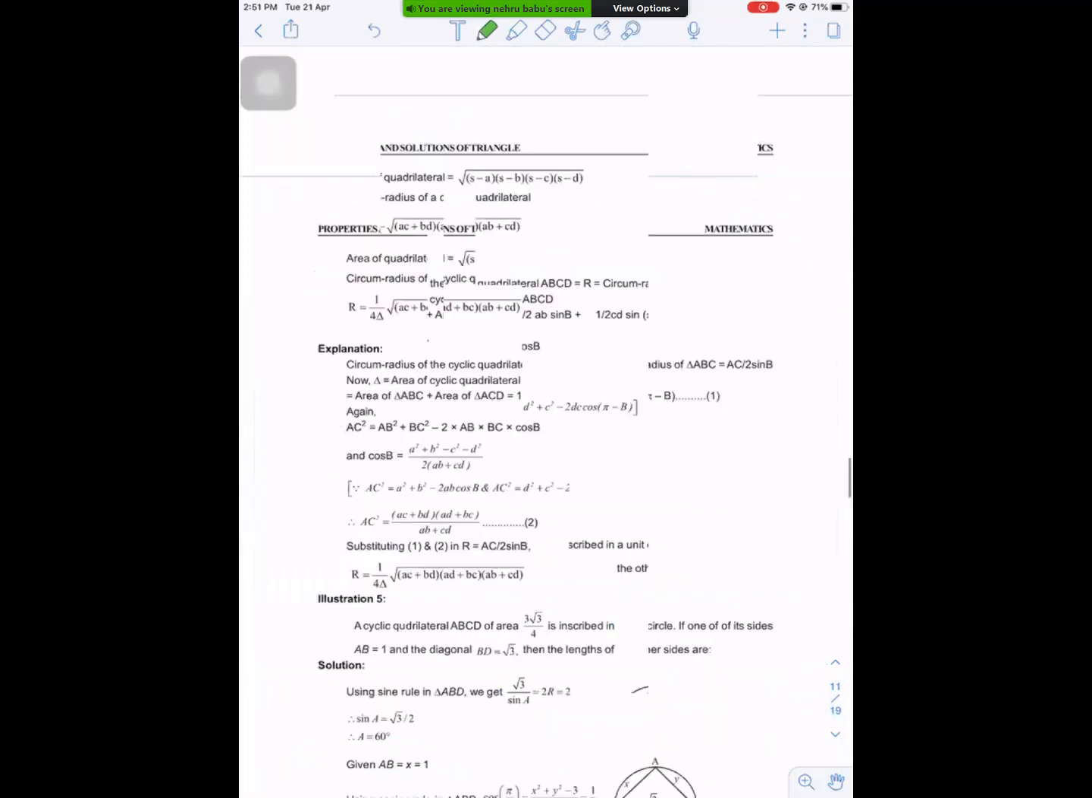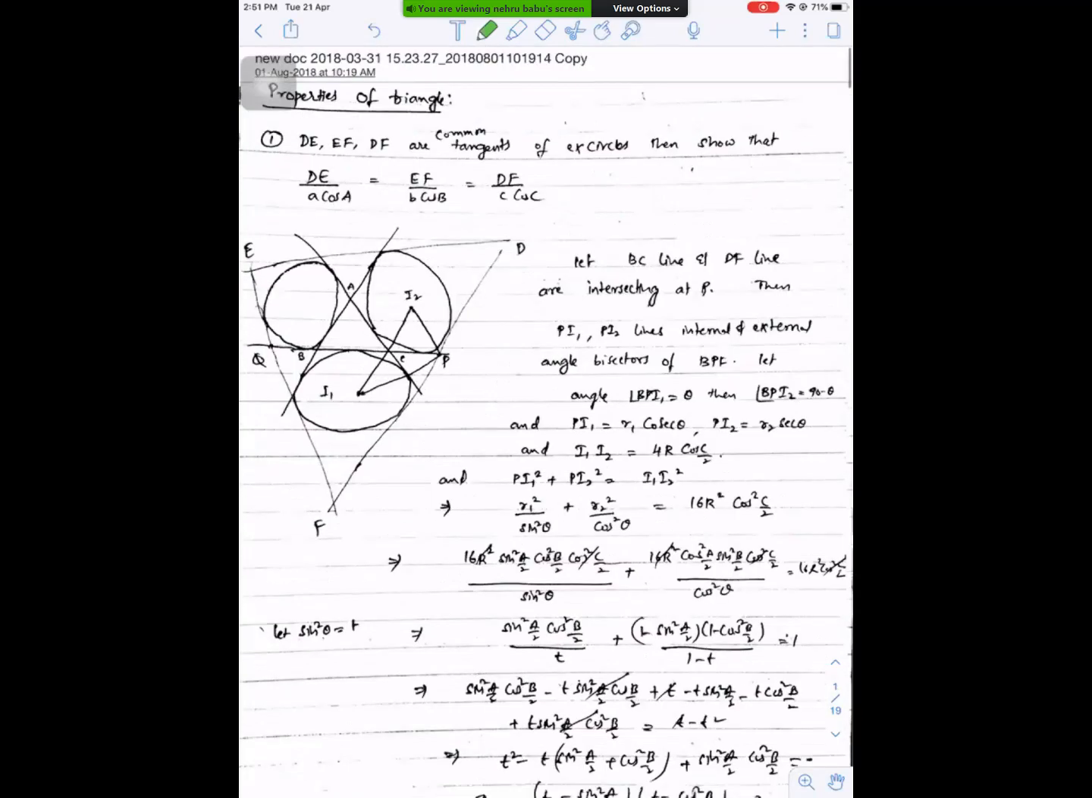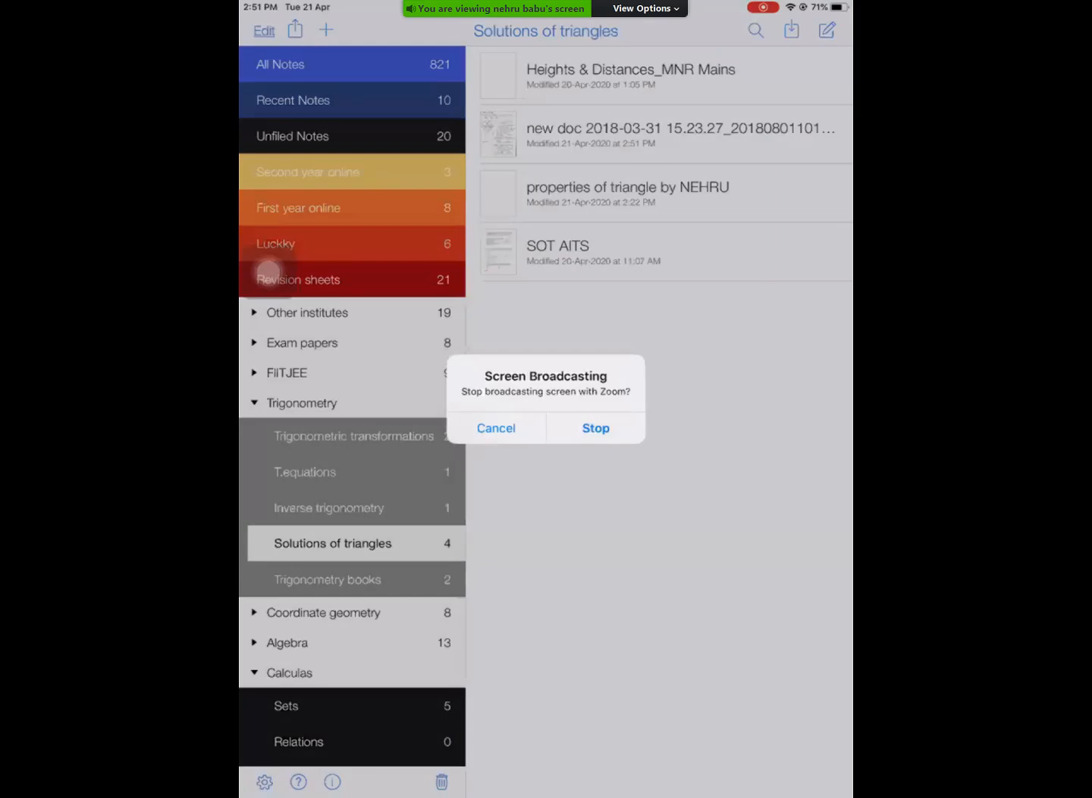Okay, this is properties of triangles. All these are different problems that I discussed in your class. What shall we do tomorrow? Tomorrow we will solve